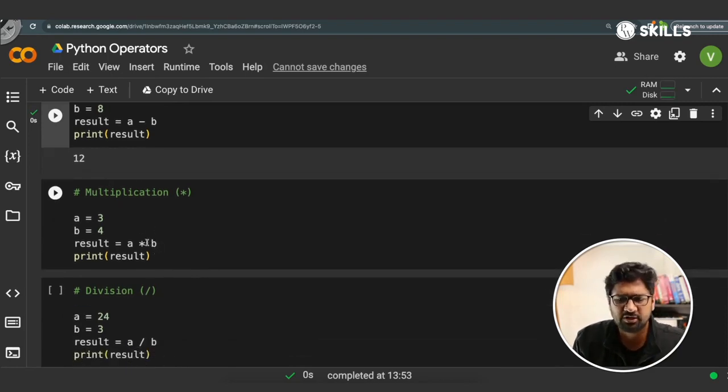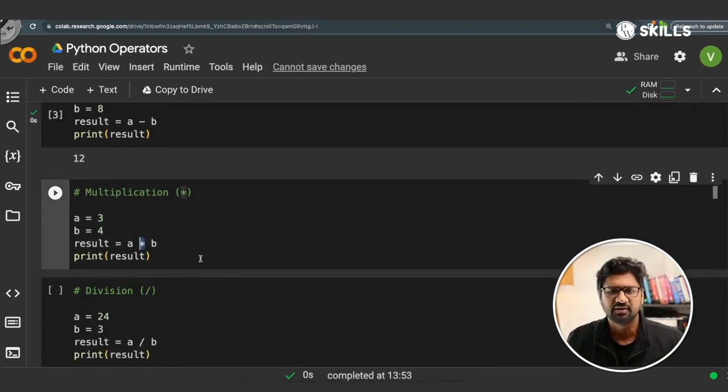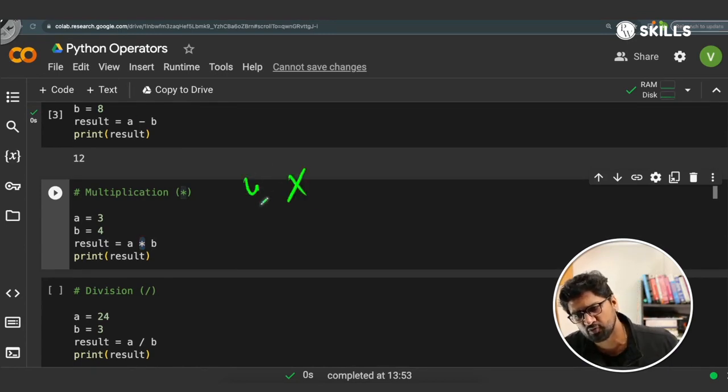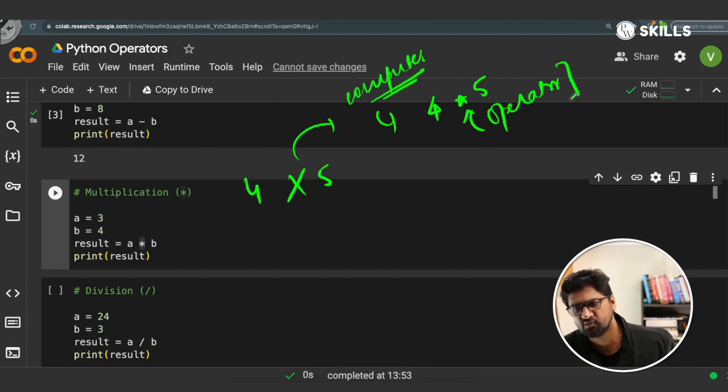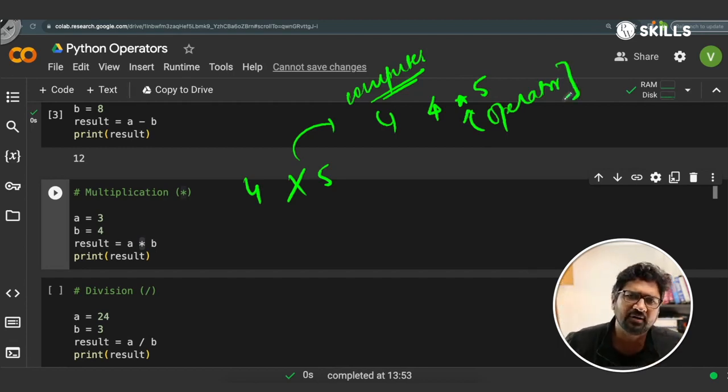In the same way it follows multiplication. So this is the multiplication operator. Normally in the world of maths you write the multiplication operator like 4 into 5. The same thing in the world of computers, in the world of Python programming: if you want to write it, the star mark becomes your multiplication symbol, and this is your operator. This is one small difference from how you write mathematical expressions in the real world compared to the world of programming. Here you use this symbol.